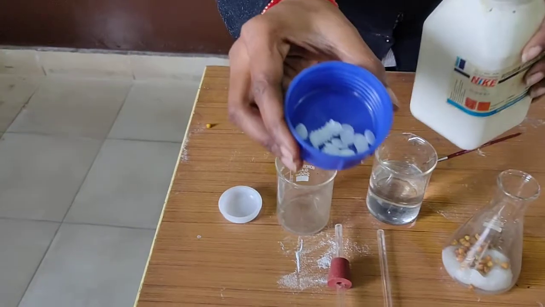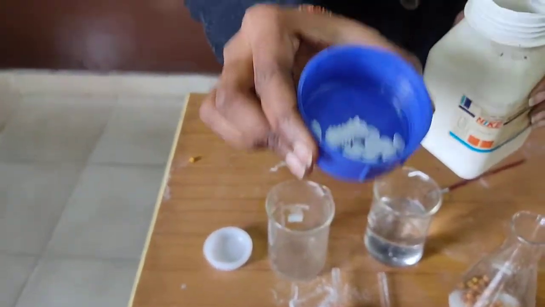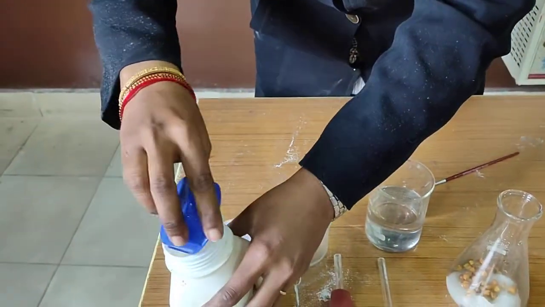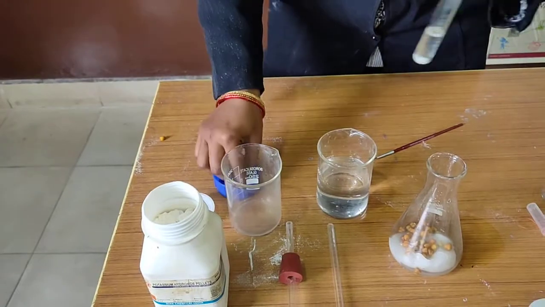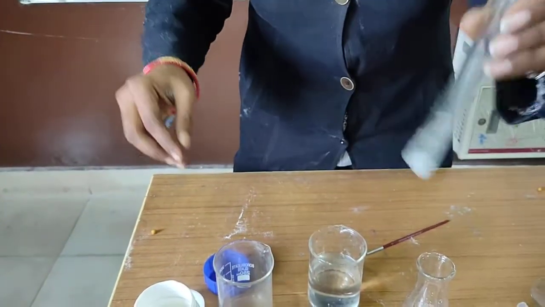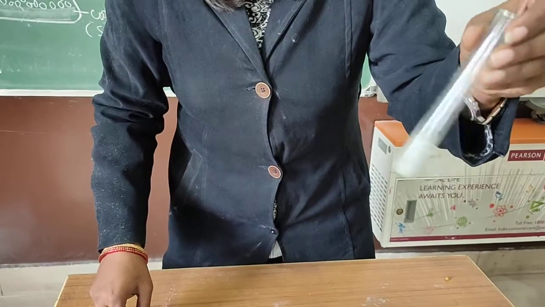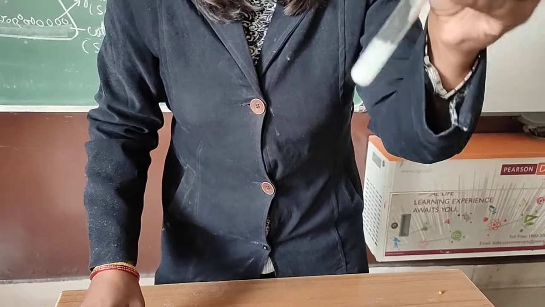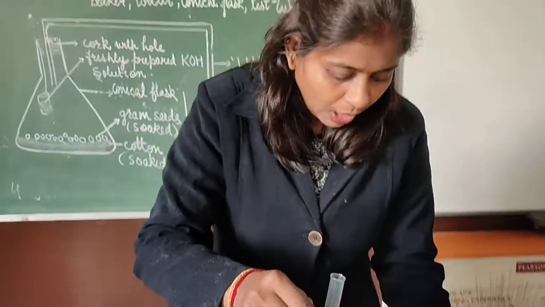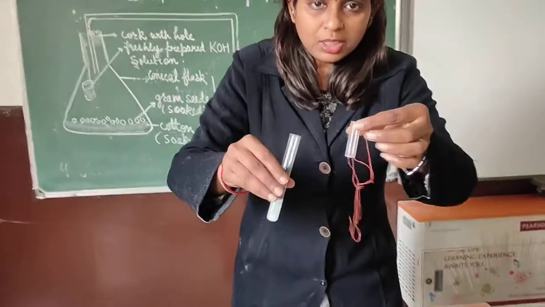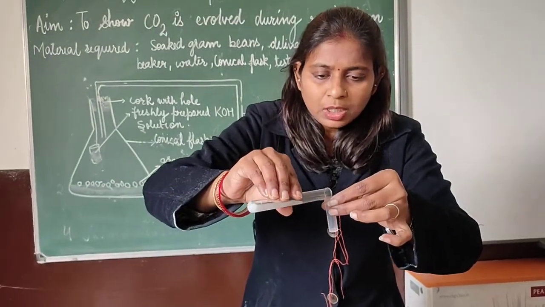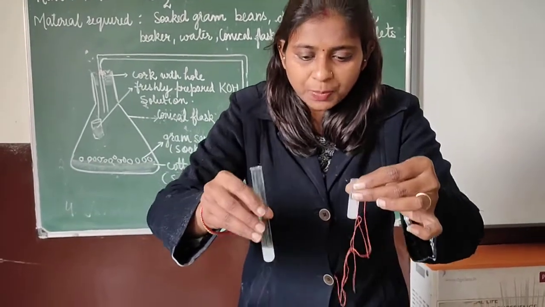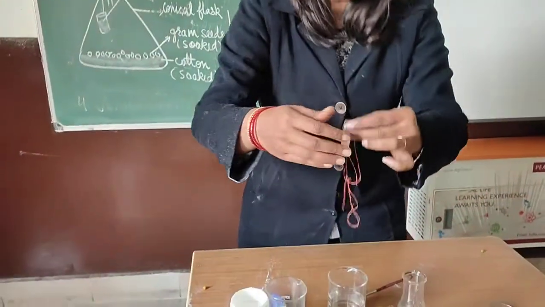These are the KOH pellets, as you can see, and we are going to prepare a fresh solution of this. For this we need a test tube and water, and then you put some pellets in the water and shake it. Soon you will see this KOH dissolve in water. Now this is a freshly prepared KOH solution. Now I am taking this KOH solution in this bottle. I will also tell you why we have taken the KOH solution, what is the purpose of taking it and how it works.